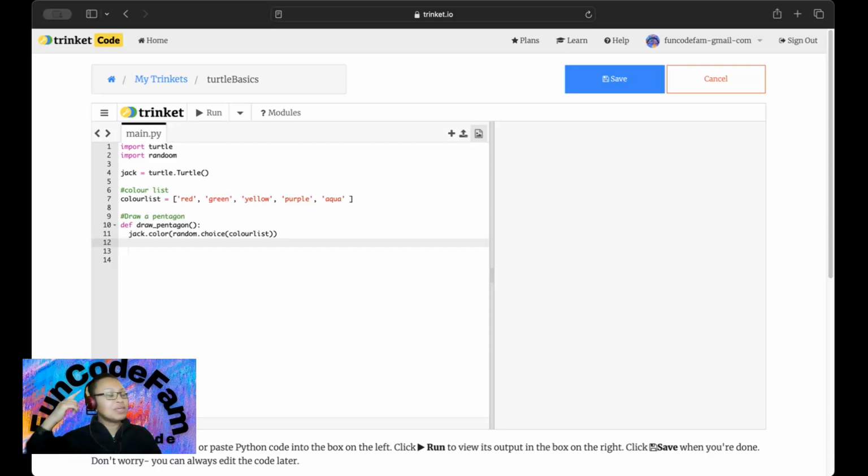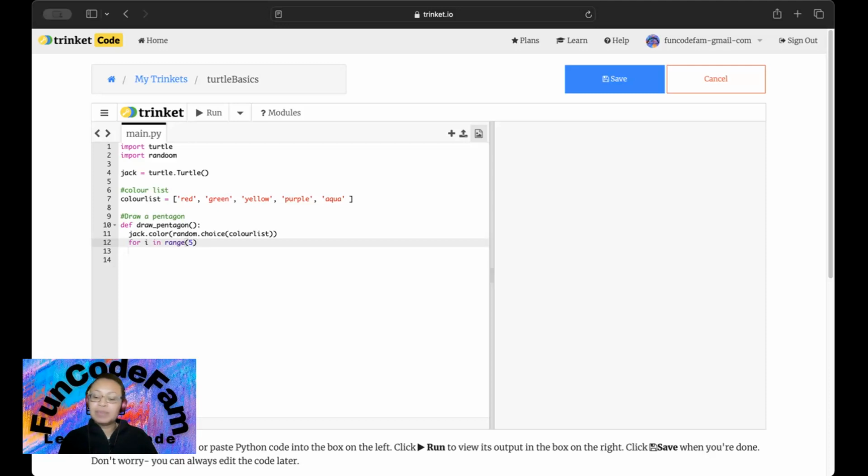Repeat tells you it's going to loop, right? So repeat is a loop, but because it's 5 times, you know that it's a counting loop. There are 2 types of loop in Python, the while loop and the counting loop. 5 times means we're going to count, so the for loop. And the syntax is for i in range